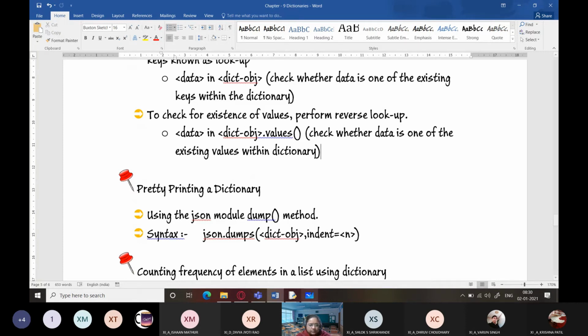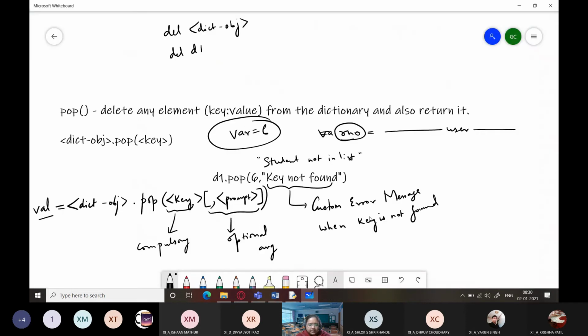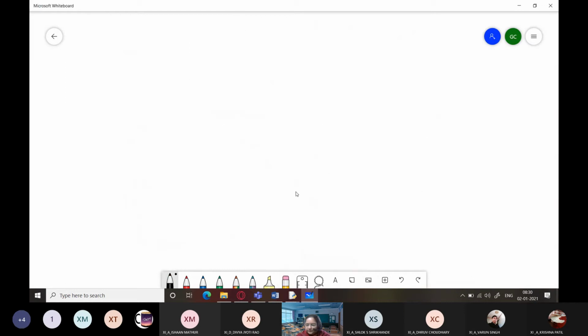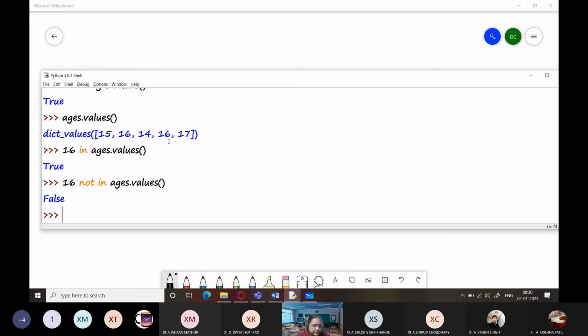Now students, one thing we had already learned is how to remove values. How can we remove keys? Removing values is easy. You can simply write del. You can simply, okay, how, if you want to replace values? For example, I already have this, I'm going to copy this from here.